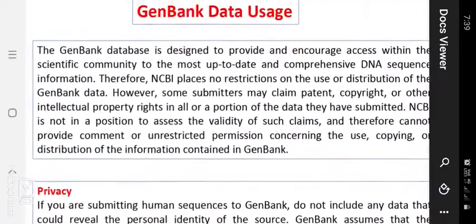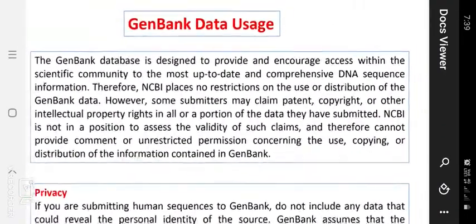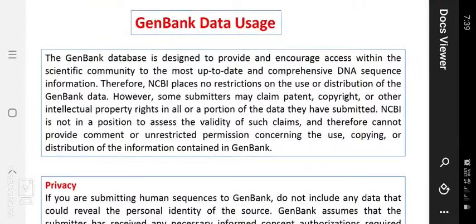The GenBank database is designed to provide and encourage access within the scientific community to the most up-to-date and comprehensive DNA sequence information. The NCBI places no restrictions on the use or distribution of the GenBank data.